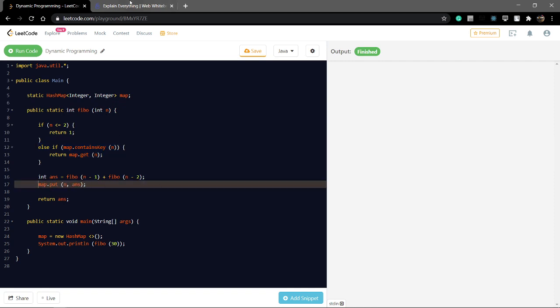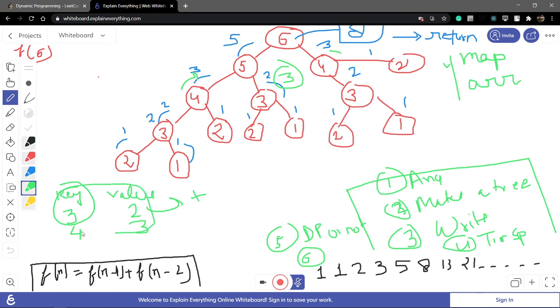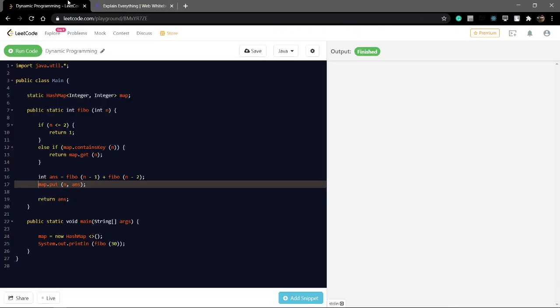Now this is the normal way. Now this map stores a key. But now move to the array. I use an array in this question also. Why? Because if I have to find the sixth element, we need 5, 4, 3. So the maximum array length only needs to be 6. Since I take one-based indexing, we do not use 0, so I declare 7. So 1 to 6 I already know. So take n plus 1 and make a stack array.